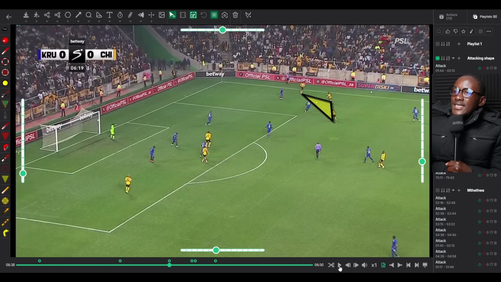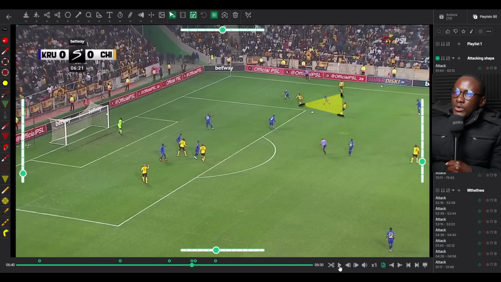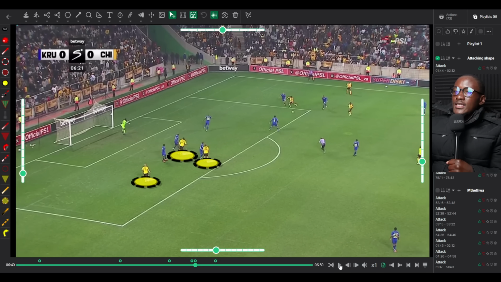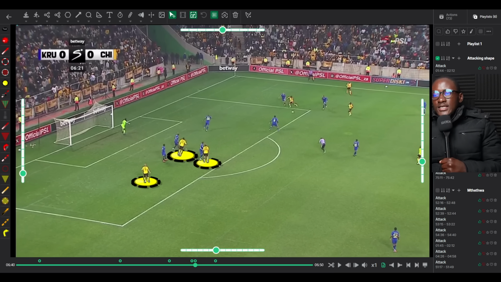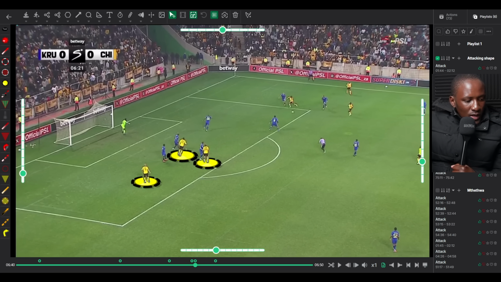Those three players are staying very close to each other so that they can do something like this. Ball is played, the ball is then played through. Triangle is still there, and they still have a 3v2 advantage against those two players of Kruger National Park who are marking them. Now, as the ball is about to go into the box, you will remember me making a lot of videos last season crashing out about how Chiefs never had enough players in the box. Well, they have a lot of players here in the box as it stands right now, and here we go.